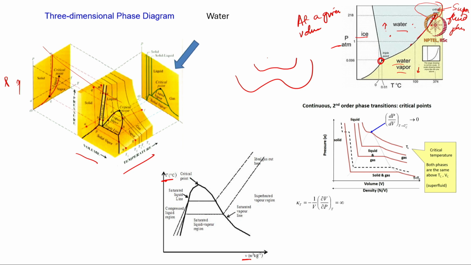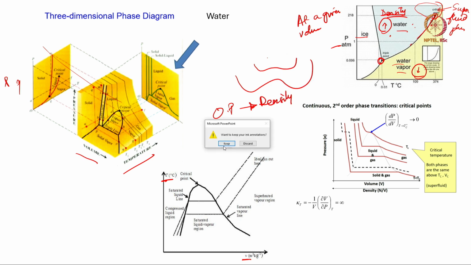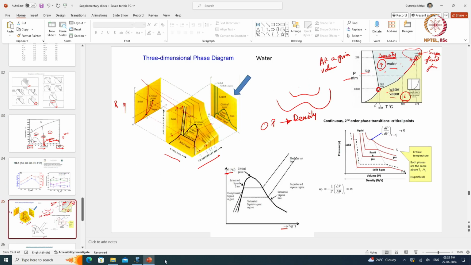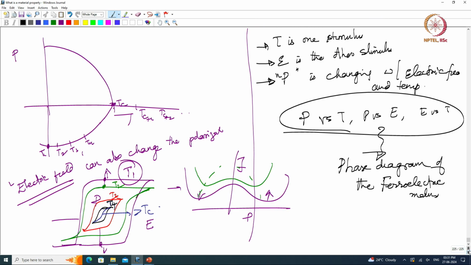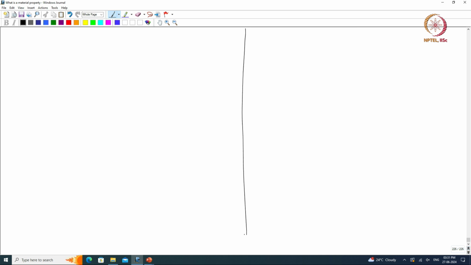Now in this case, what is polarization? Polarization is being determined by the density of water. So instead, the order parameter here is the density, correct. So if I am doing a one-to-one analogy between the water phase diagram and the phase diagram of a ferroelectric material, one-to-one analogy,